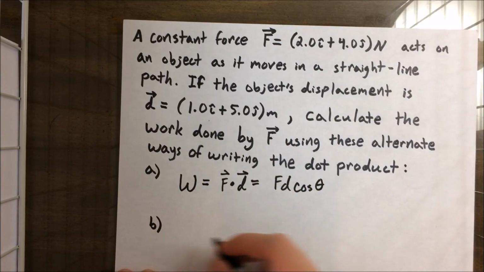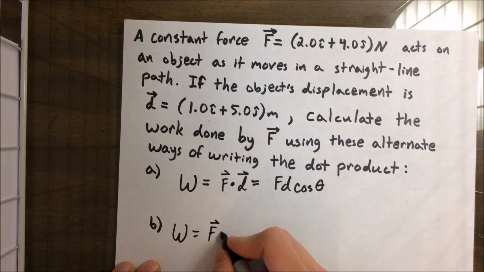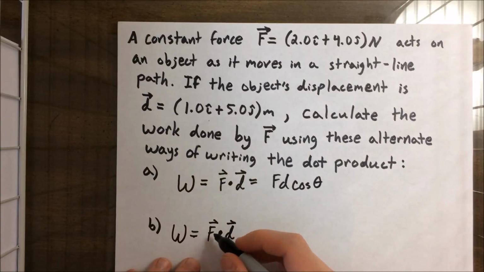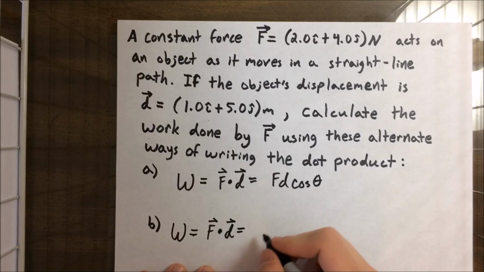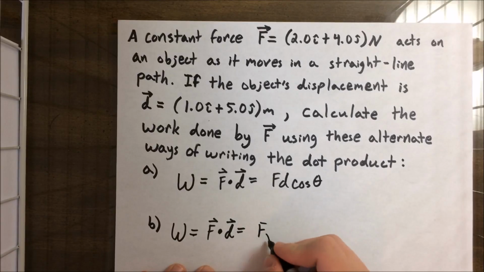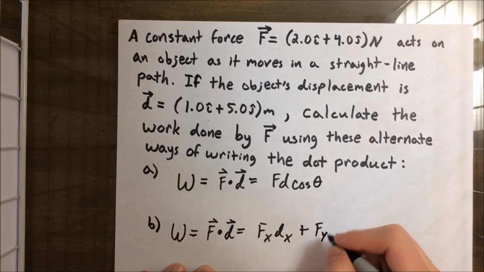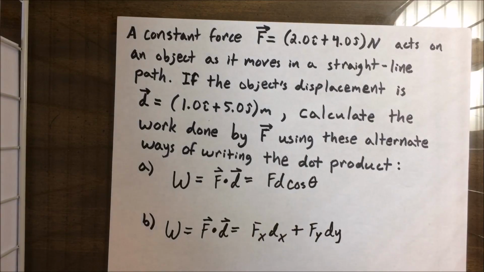So in part B, we're going to use the other one, so work is equal to vector f dot d is equal to f sub x d sub x plus f sub y d sub y. Okay, so for part A,